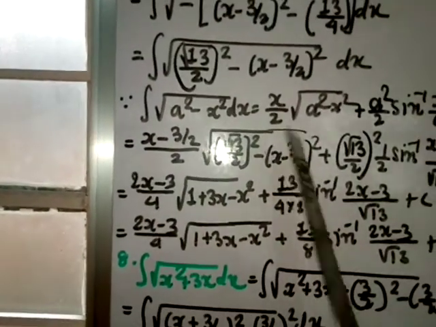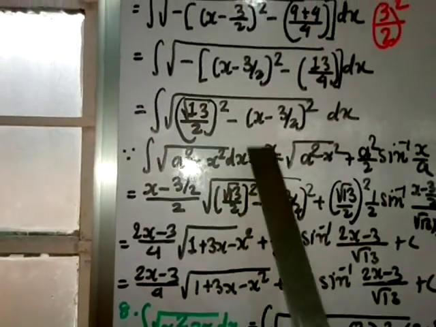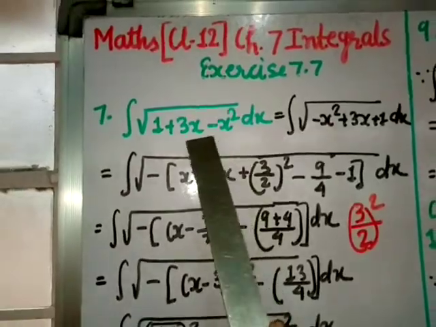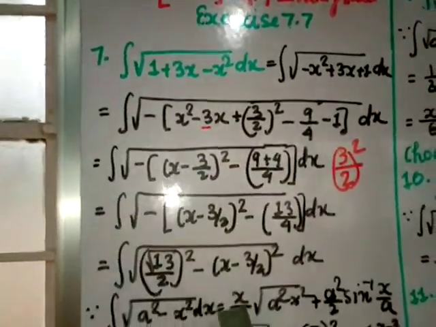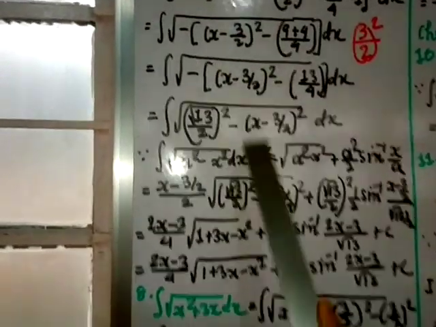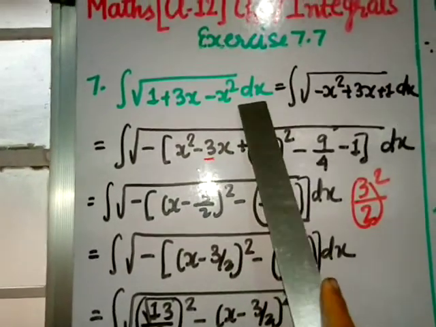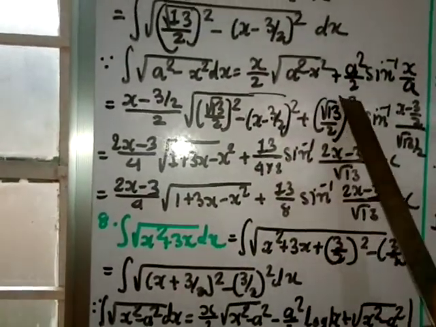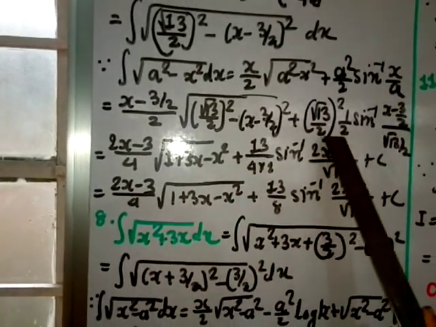And this one, previously we have written, this is nothing but what you have brought from here. So I write back this one, because this only you have brought in this form. So this one I am writing back: 1 plus 3x minus x square plus root 13 square is 13, 2 square is 4, and this 2.